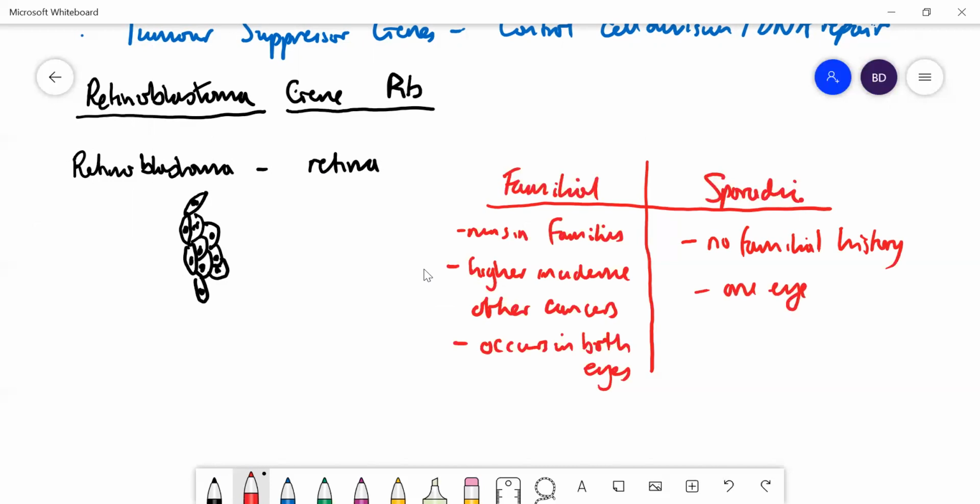and in the children that get it, obviously you can't say that their families are having increased incidence of cancer, because they're the first people in the family to actually get the disease. So you can't really talk about whether it's associated with higher incidence of other cancers. Now, the